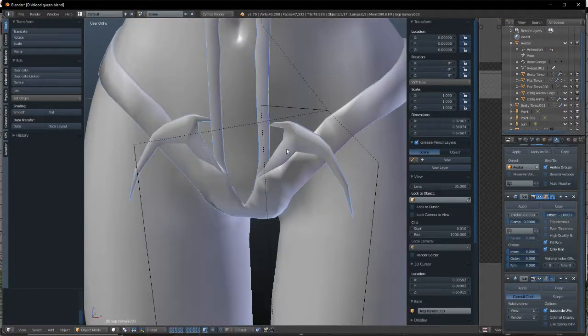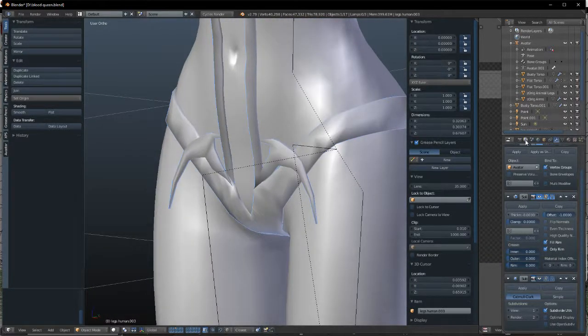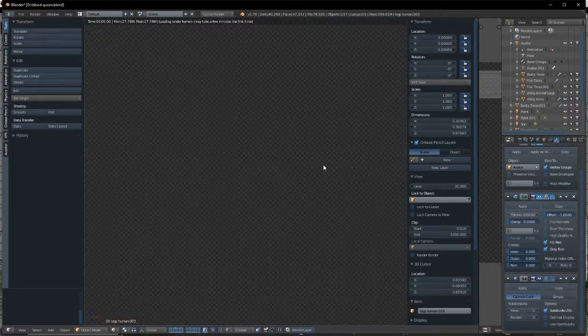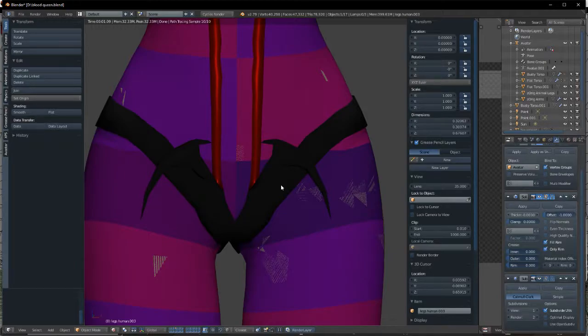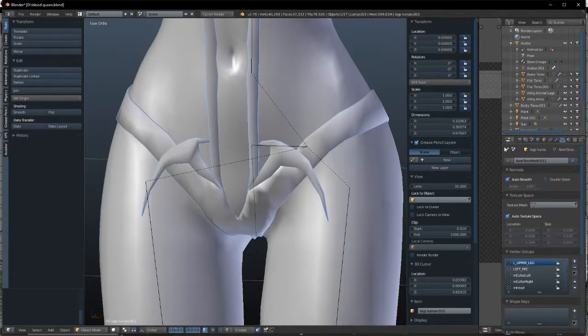Or I could detach the wings from the outfit itself and just have them with solidify with only rim off. Now you're probably wondering, why are these weird shading issues there? Well, you can fix those quite easily if you don't like how your baking comes with them on, just by turning off auto smoothing,